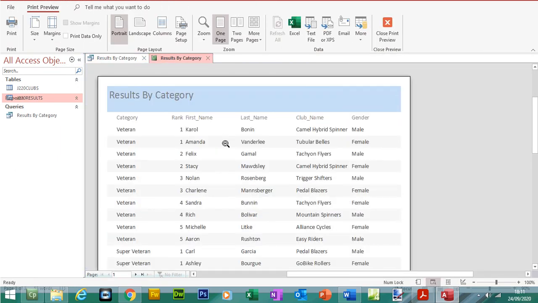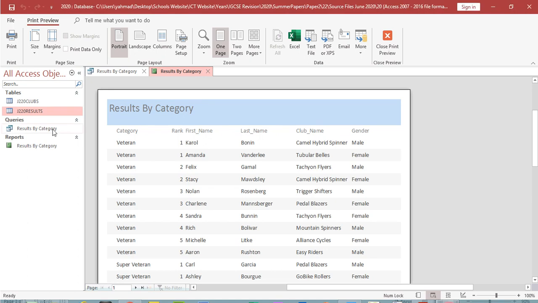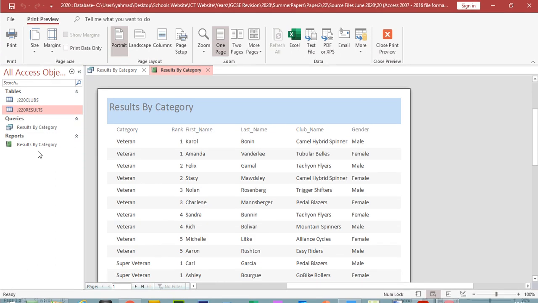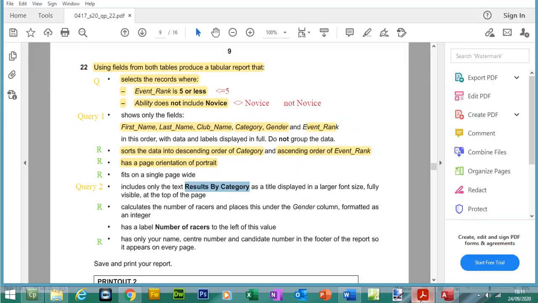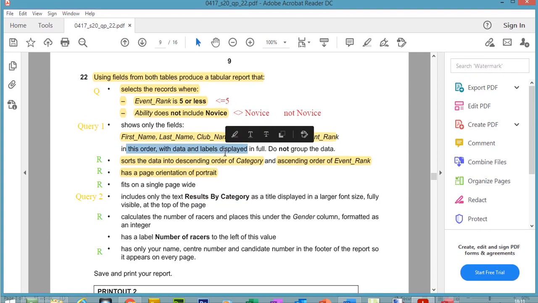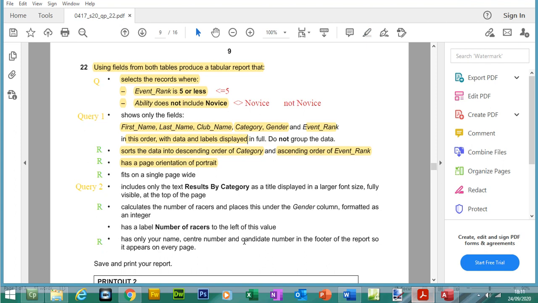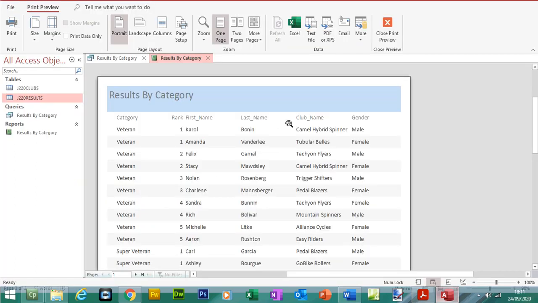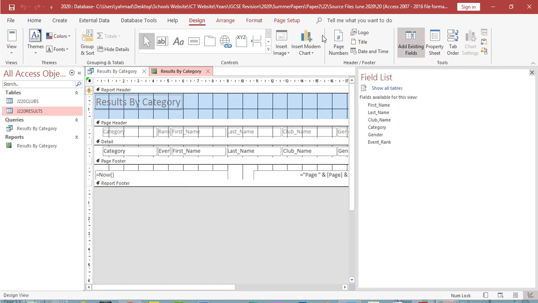Okay, so this is a report, and there's a few things that we need to do. The reason I like to name a query with the same name as the report is now I know this query is for this report because they both have the same name. What we need to do first of all is to display the fields in this order and make sure all of the data is shown, and making sure all of the data fits one page wide. So what we're going to do is click on close,